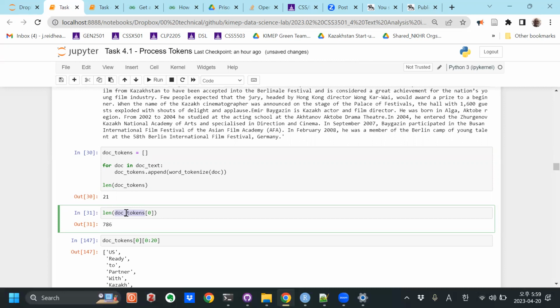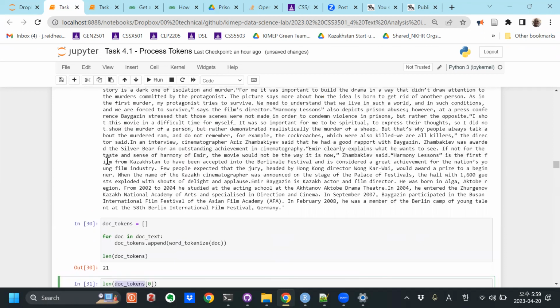Again, I still have 21 documents. The first document has 786 tokens, which means it chopped the first document into 786 words. And if you want to see the first 20 words of that first document,